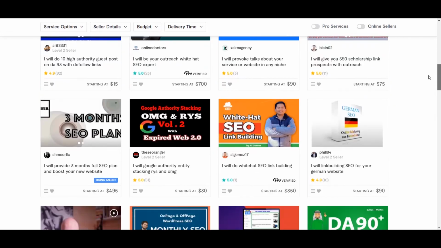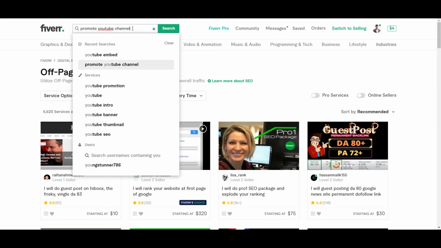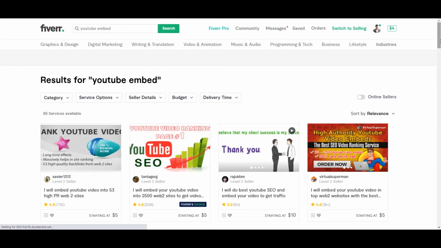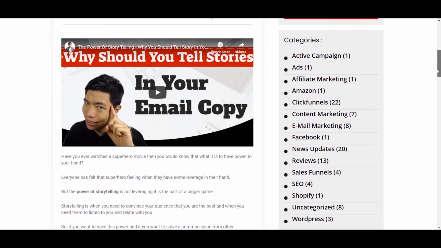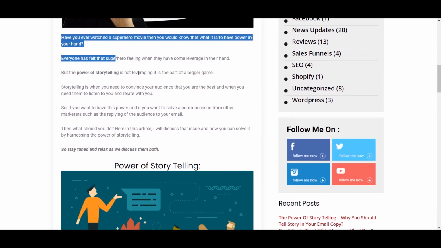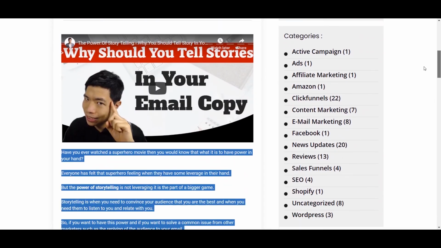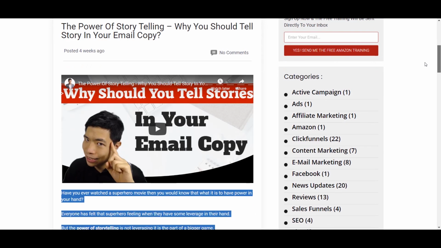So you can buy some backlinks, or you can do what we call a YouTube video embed, right? So they will embed your YouTube video on different sites. And also, if you have a blog, then you can go and embed your video on your blog, and you can even write a blog post so that you can get more traffic to either your blog or your video. So that's how you can